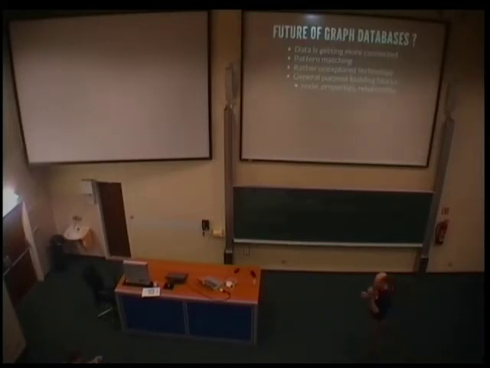Okay, the future of graph databases. If you look at the Neo4j graph database, it's been around for around 10 years in production, but I don't think it was until the last 5 years that it really took off and became very popular. And I guess the reason is that data these days is much more connected than it used to be. It's hard to find an application that lives in isolation. You have to talk to a lot of external services. And I think there's a trend that data is just getting messier and messier.